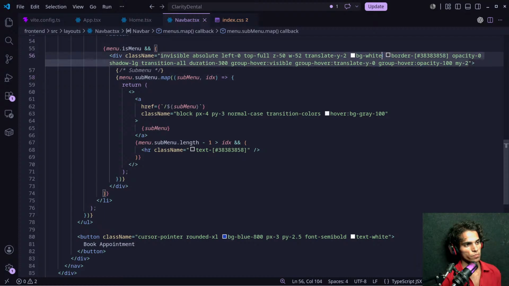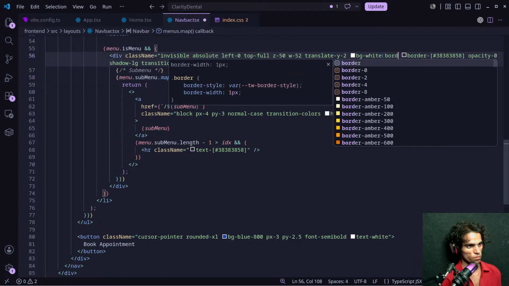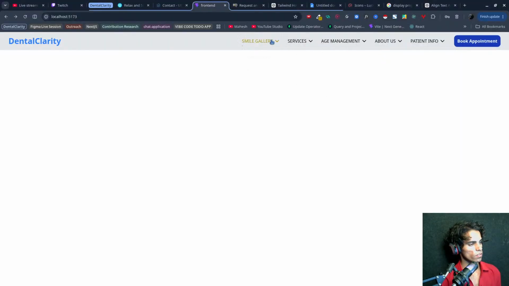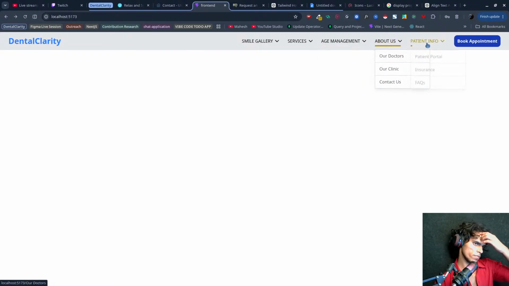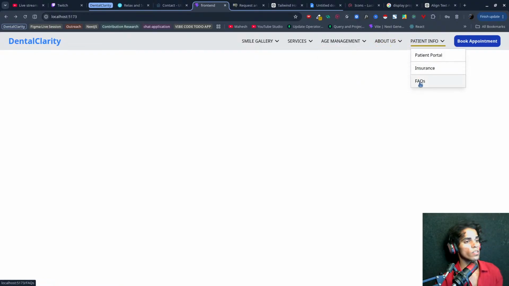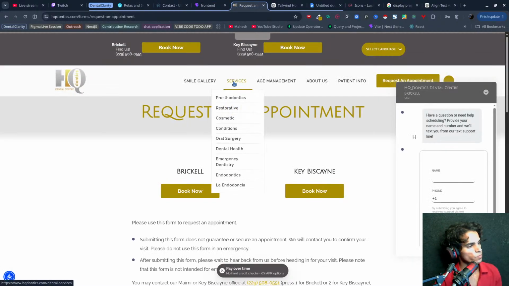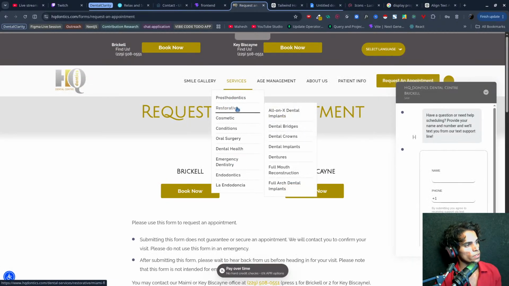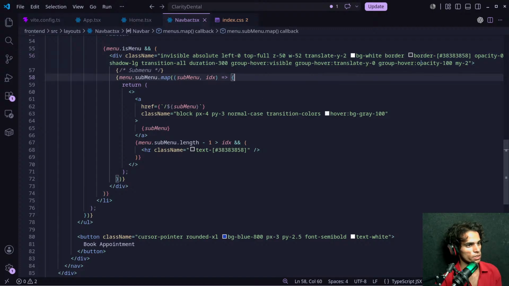Border. Let's see. We have a little gap between this box and the menu.